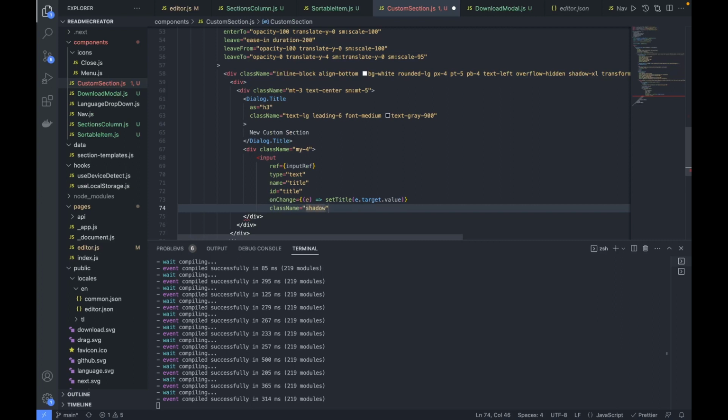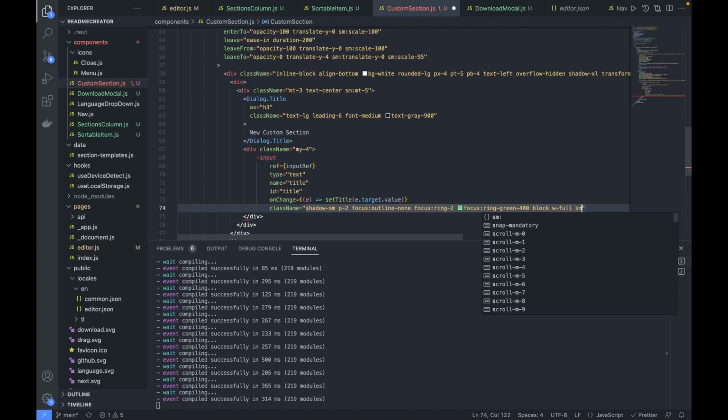So shadow, will use shadow as small, and padding in all directions as 2, and focus outline none, and see if it's a focus, and give ring as 2, and give some offset and color. Okay, give color as greenish green, like something like 400, and display I'll make as a block, and width full,